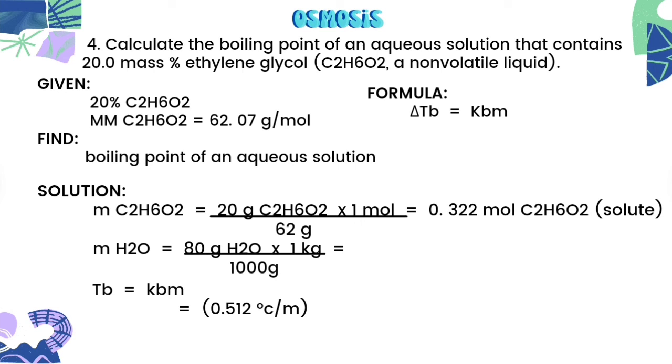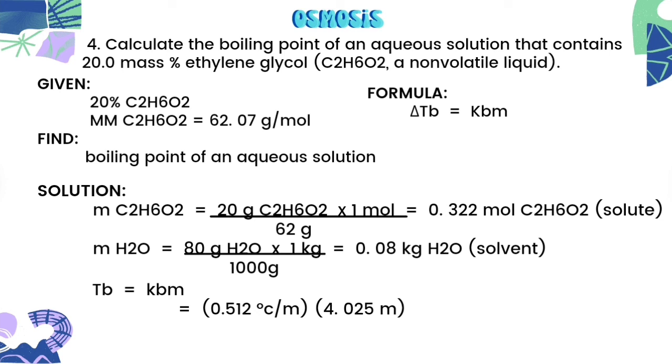The remaining 80%, or 80 grams of the mass of the solution, will be used to calculate the kilograms of the solvent. So 80 grams of H2O is multiplied by 1 kilogram over 1,000 grams to get a result of 0.08 kilograms of water. To get the overall molality of the solution, 0.322 moles of ethylene glycol is divided by 0.08 kilograms of water. That will get us an answer of